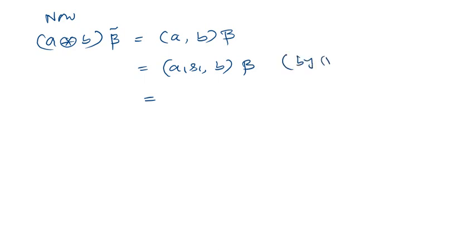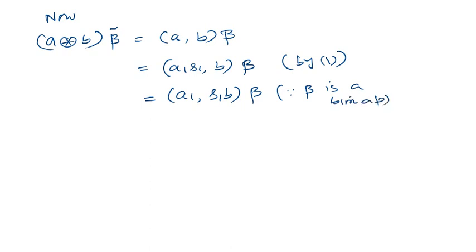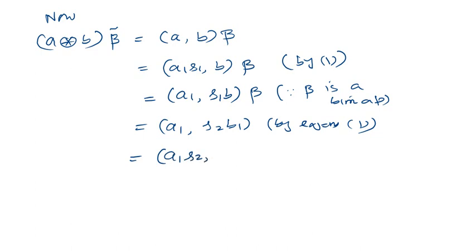This is equal to A1 S1b of beta, because beta is a bimap. That's equal to A1, and this S1b is S2b1 by equation 1. And now again you can apply the property of bimap. It's A1 S2b1, as beta is a bimap,